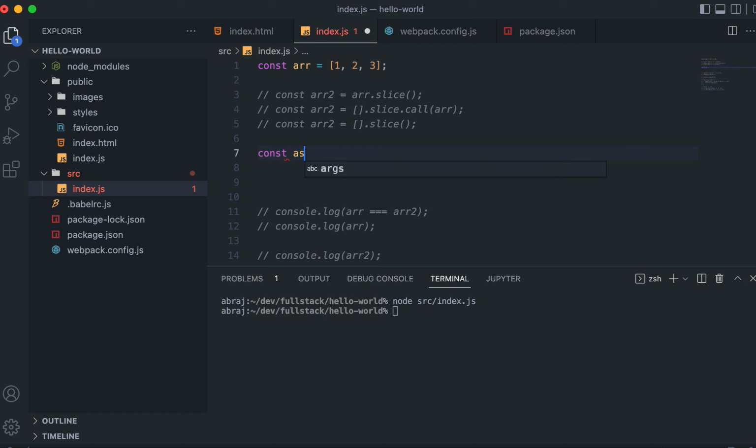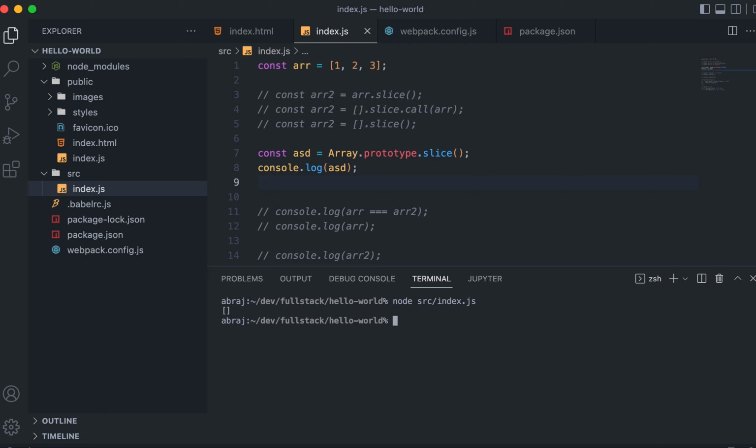Let's say asd is equal to this, and let's print it. You can understand that this does not make any sense. When you call this, it internally has to do something, and that's why it is returning an empty array. But actually it does not make sense. Here the empty array is always created, no matter what. In this case it is not created, because it does not make sense to create it